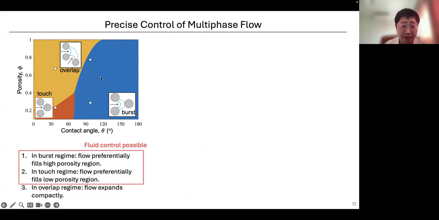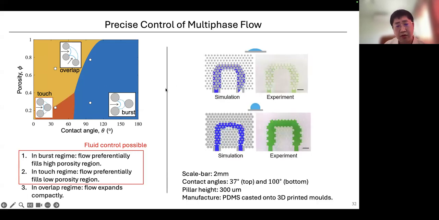We know that in the burst regime, the flow preferentially fills the high porosity regime. In the touch regime over here, it's a pretty low porosity, so the flow will preferentially fill the low porosity regime. And in the overlap regime, flow will expand compactly, either hexagonal or rectangular, depending on the lattice structure. So we can use this information to design our structure, no matter what the wettability is, whether it's hydrophilic or